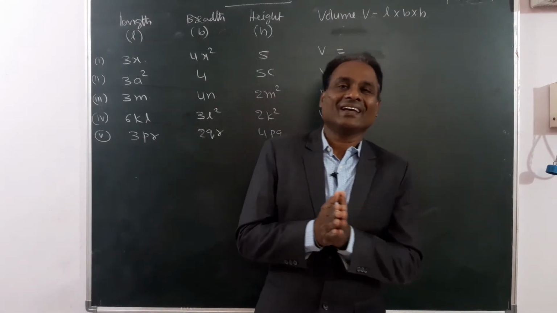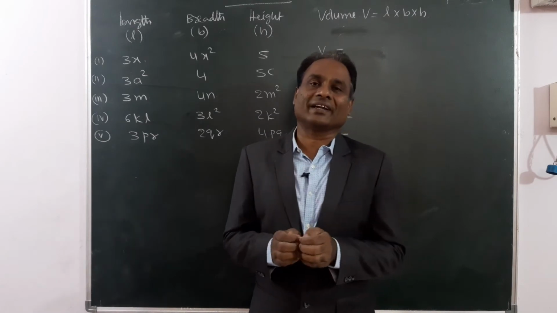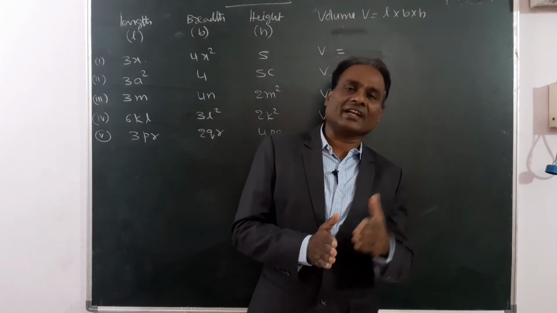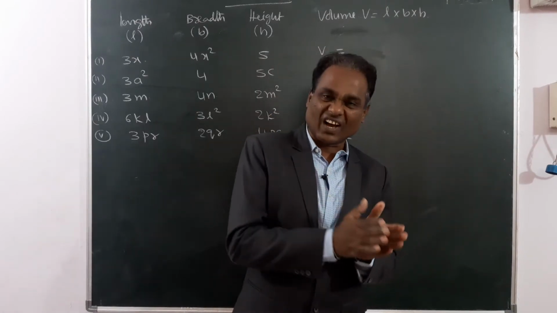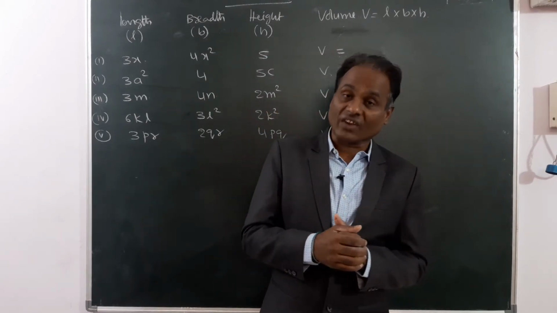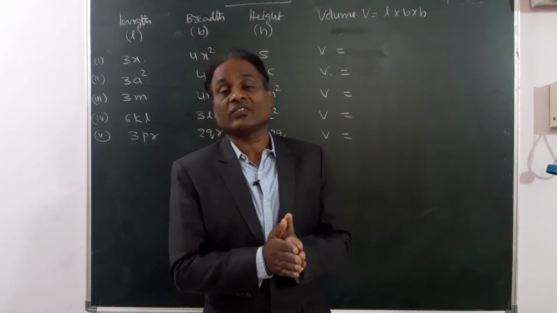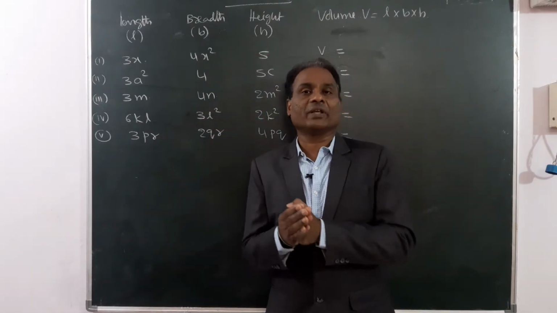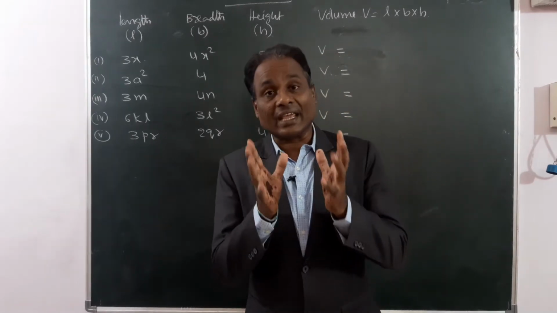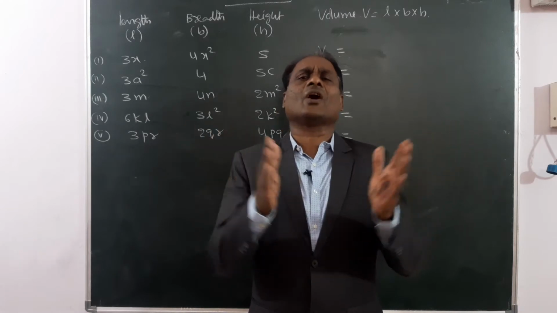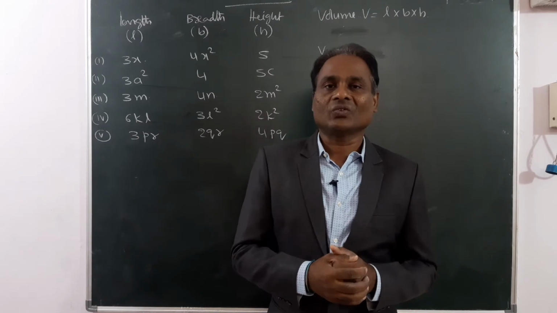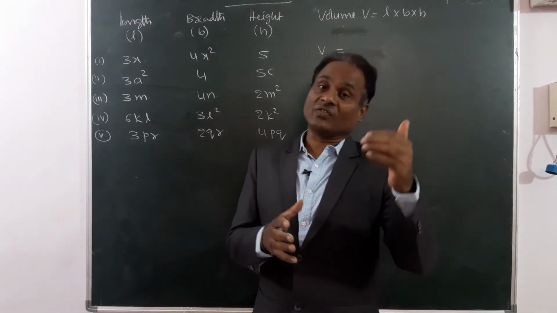We started algebraic expressions, the new chapter, a very interesting and important chapter. In the beginning we studied what is a variable, what is a constant, and what is a term. After that we defined what is an algebraic expression, and we also discussed how to find the degree of the algebraic expression. Then we studied the basic operations in mathematics, like addition of algebraic expressions. So how to add two algebraic expressions, that we studied.